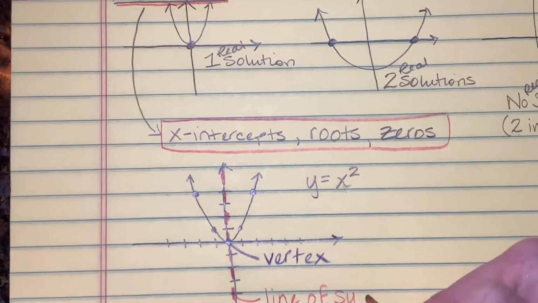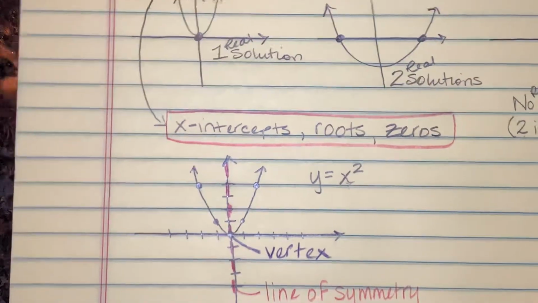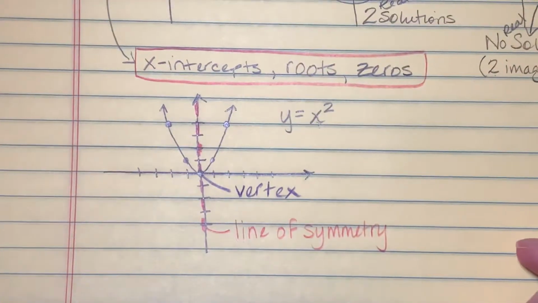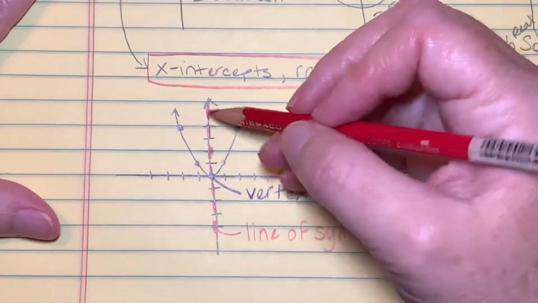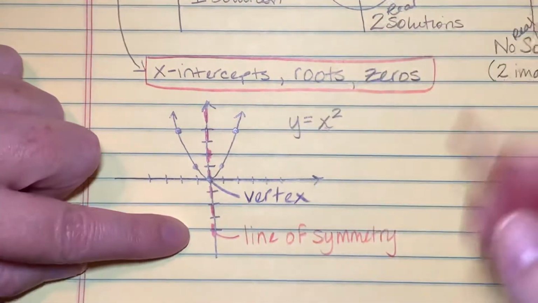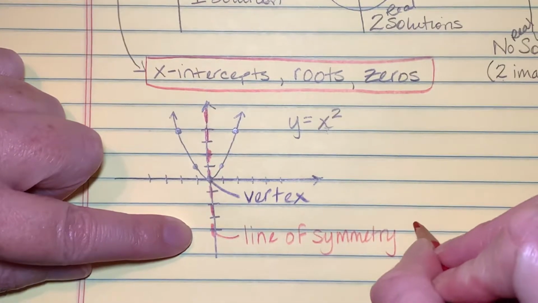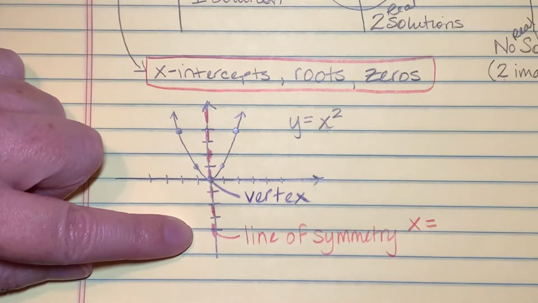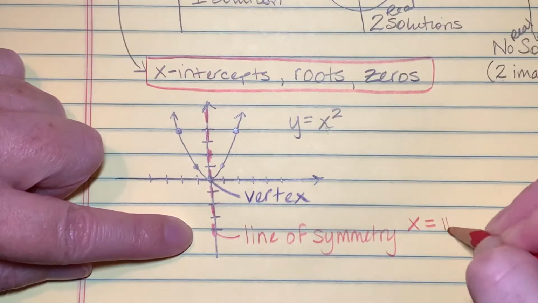So this is called the line of symmetry. Oops, we can't see it. It's down too far. There we go. So this line right here is called the line of symmetry, and it has an x equals whatever number,